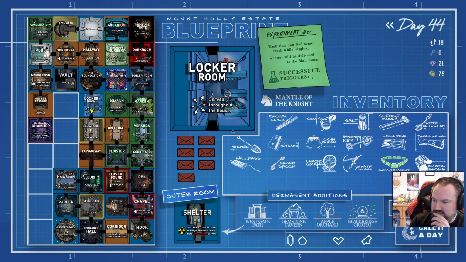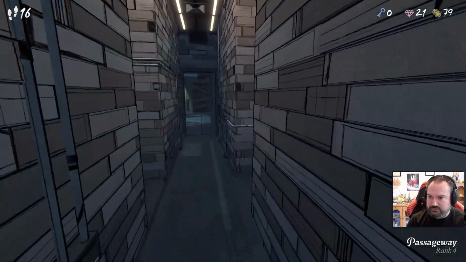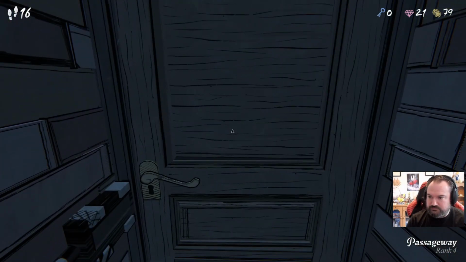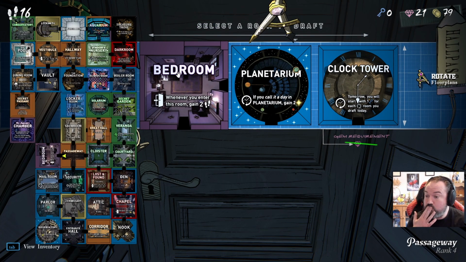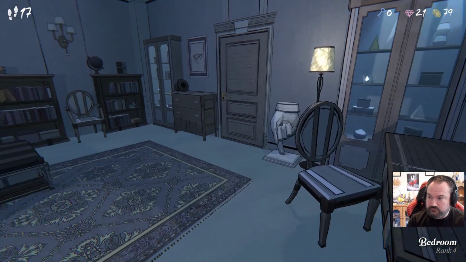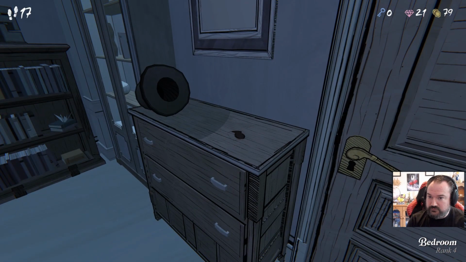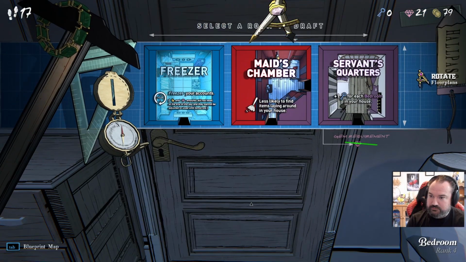21 more coins to go. Okay. So we've got to go back to passageway now then. And we're taking this one. What do we have? Oh, shoot. So it's got to be bedroom. Okay, we get sleep mask, which does help us with our steps, but...